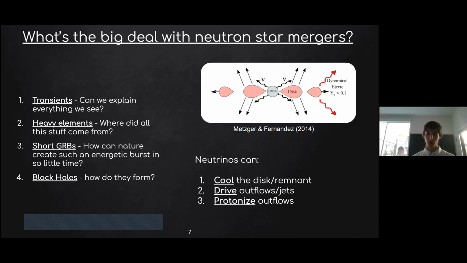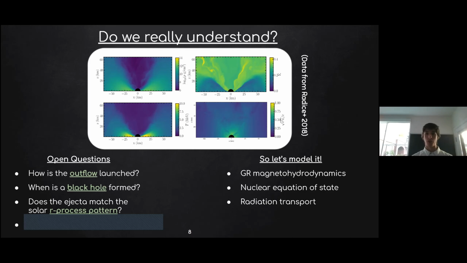So neutrinos are intricately tied to these mysteries as well, and so we need to have a detailed understanding of what these neutrinos actually do in neutron star mergers to really have the complete picture of how neutron star mergers work and what they mean about the evolution of elements and all these other mysteries. So the goal, of course, is to really deeply understand everything that's going on inside the neutron star merger. We want to know how the outflows are launched, when a black hole is formed, what the ejecta looks like,